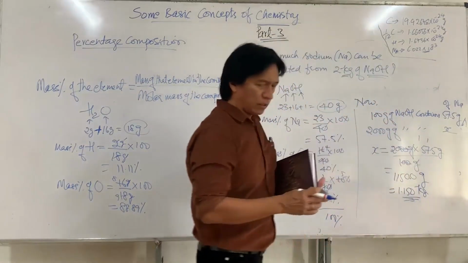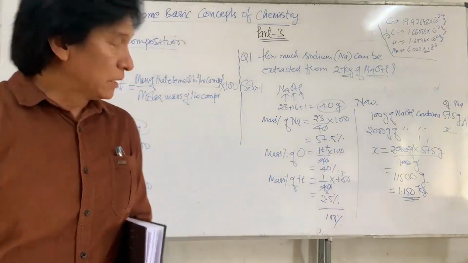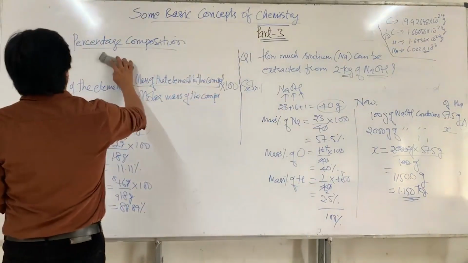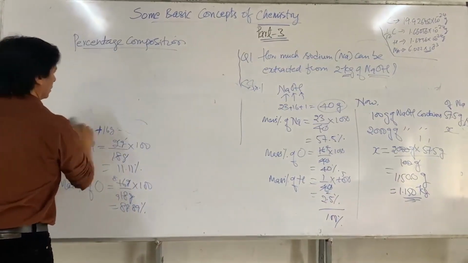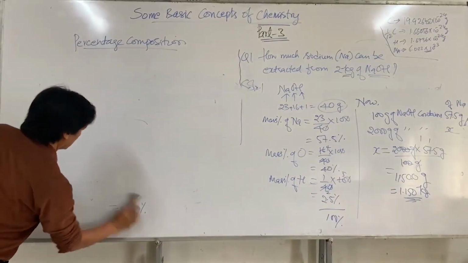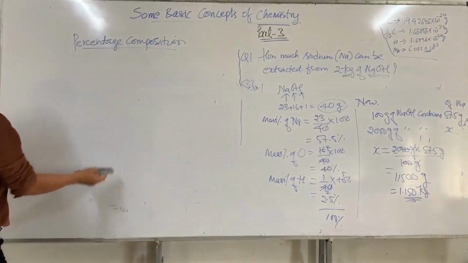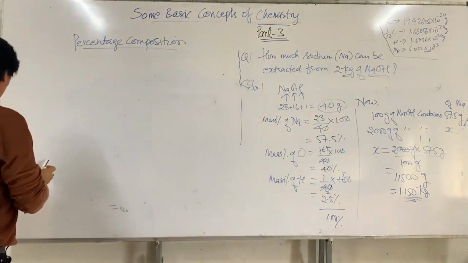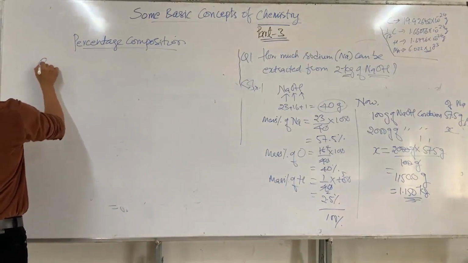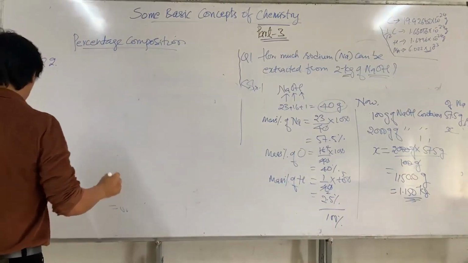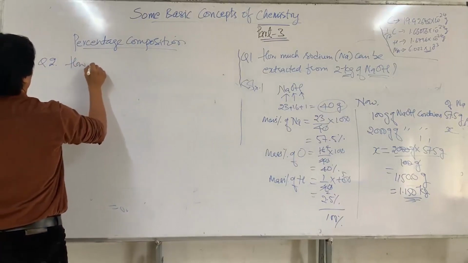So this is how you can do these calculations based on percentage composition. I'll give you one problem to work out. Just apply the same rule, and the question here is, question number 2: how much sulfur can be extracted from